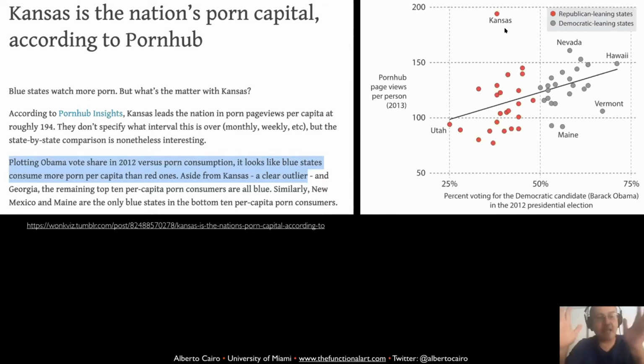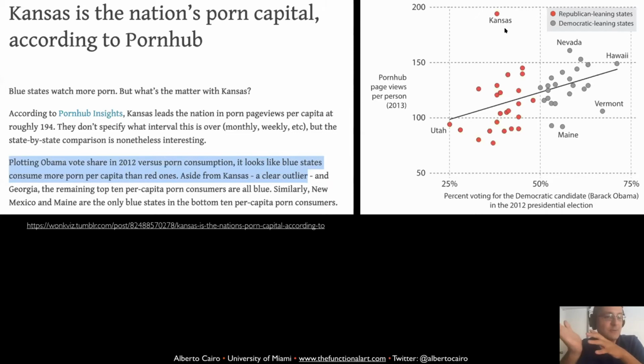Let's say that I am right now in Miami, Florida, and I type in my computer pornhub.com, and I enter Pornhub, and I start seeing porn pages. Well, Pornhub will know that there's a person or an IP address in Kendall, Florida, very close to Miami, who is visiting 3 or 4 pages, and I will become part of Pornhub's database. However, what about if I use a VPN, something that will mask my IP address?